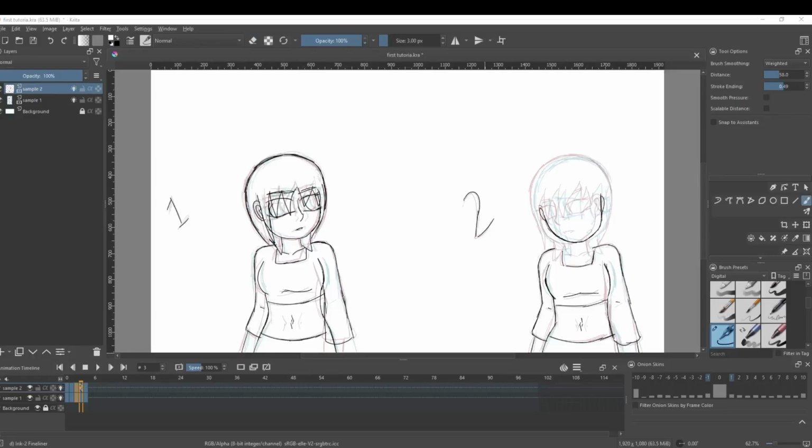Don't worry about this, it only works with traditional. I don't know if you're going to do rigging, but don't worry about any of those concepts for now. If you can draw, you can animate. And here on the second one, I know it's a little bit rough, it looks a little weird, but this is just a sketch. It can be cleaned up later, but this is just so you can get an idea as to how your character is going to look, and so you can immediately see what the animation is going